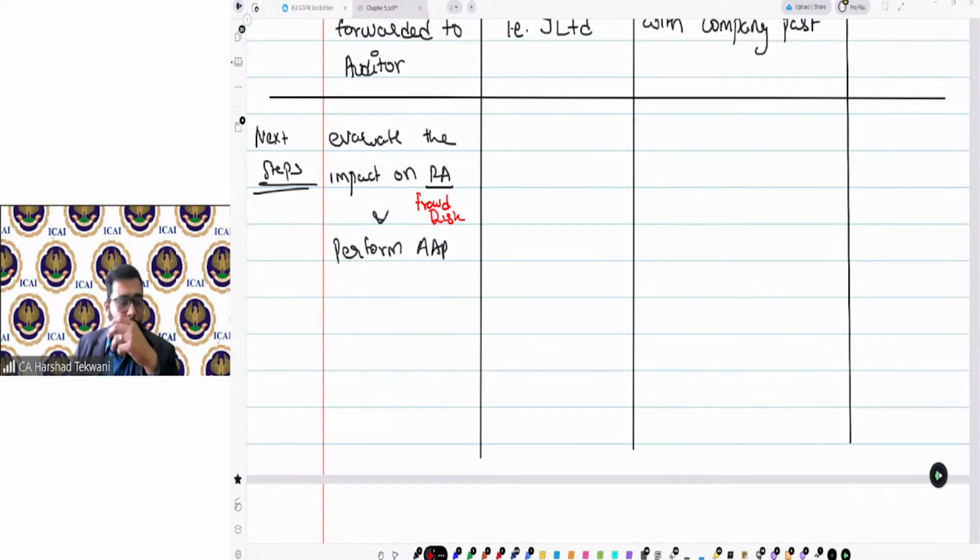Let's talk practically. For example, when you went to audit, you got this particular scenario. Now what? What will you do? In studies, we have seen to perform alternate audit procedures. Can anyone give me an example of an alternate audit procedure that you will perform?